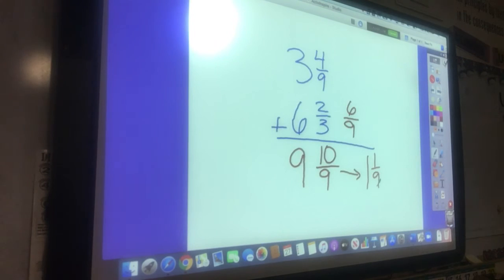That's all there is to adding mixed numbers. Okay, and then we just have one more thing to learn in chapter 3, and